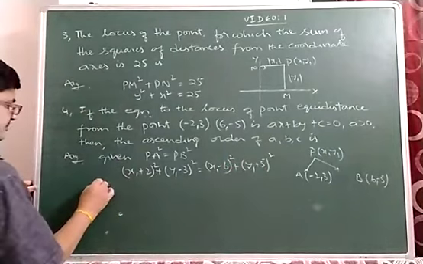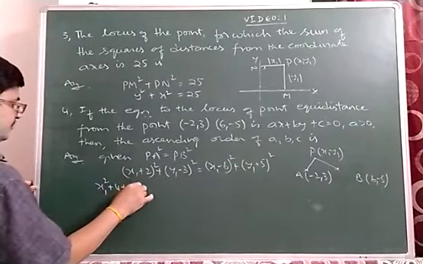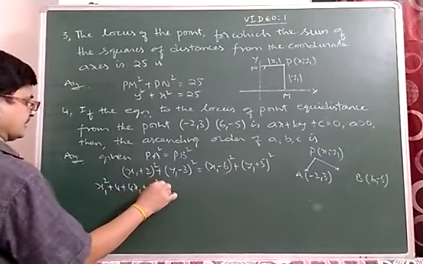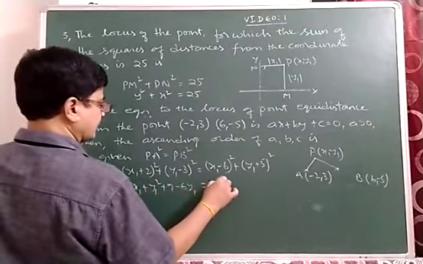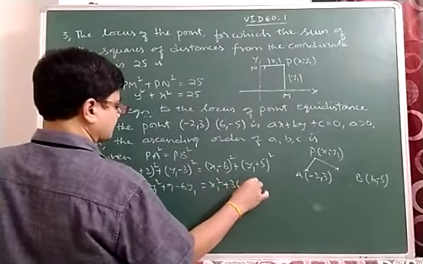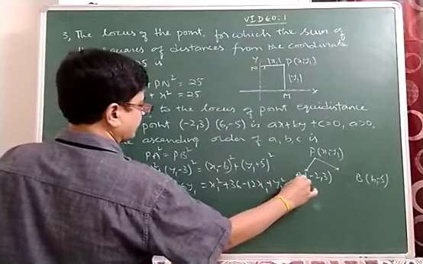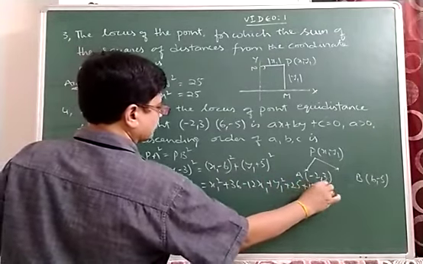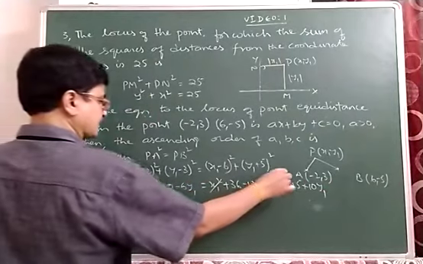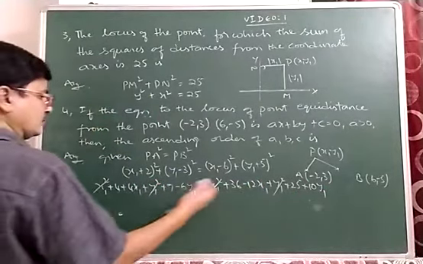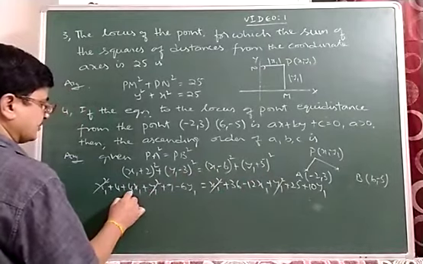Expanding, x1 square plus 4 plus 4x1 plus y1 square plus 9 minus 6y1, that is equal to x1 square plus 36 minus 12x1 plus y1 square plus 25 plus 10y1. Now x1 square cancels, y1 square is cancelled. Now minus 12x1 can be taken into LHS. Plus 4